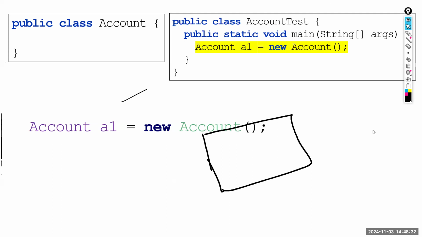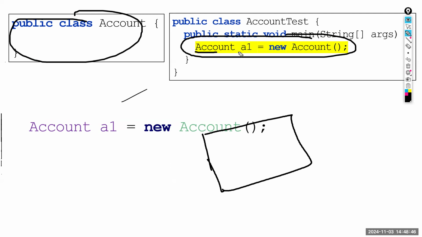To represent all the objects of a particular type, you create a class. Then your application can create objects like this. In Java, this is how you create an object. If you have an account class, you write Account, give it a variable name like XYZ, equals new Account, start bracket, end bracket. So this is how you create an object. If you want to create another account object, again, Account A2 equals new Account. So you must know exactly what is happening when you write this kind of a line and execute.